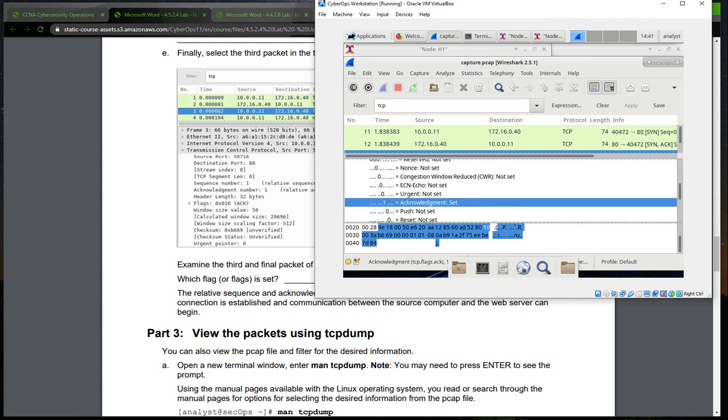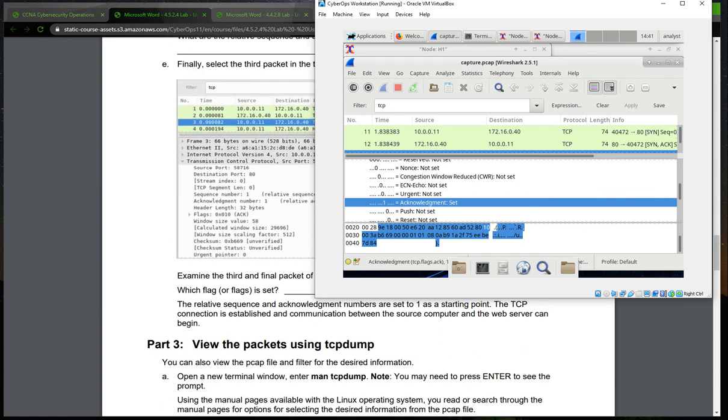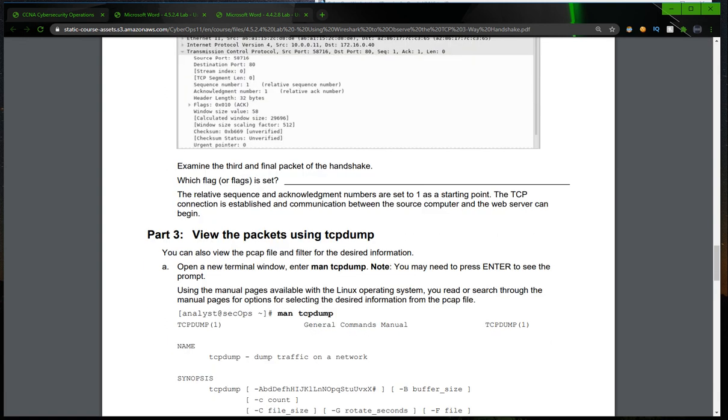So now we have completed the two parts of this lab, and the third and last part is to view the packets using tcpdump. For that we can use the command man tcpdump. The man command is just used to see the manual of any tool.